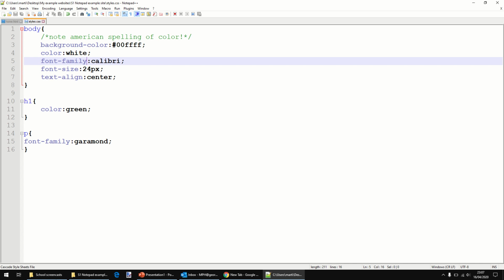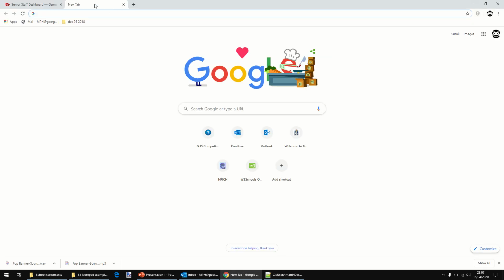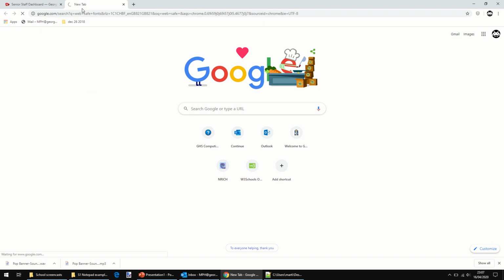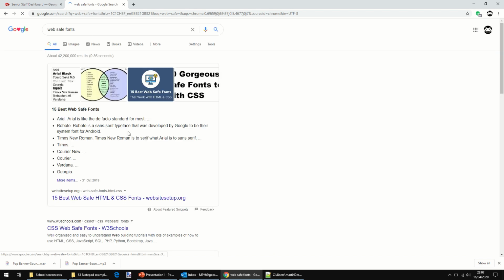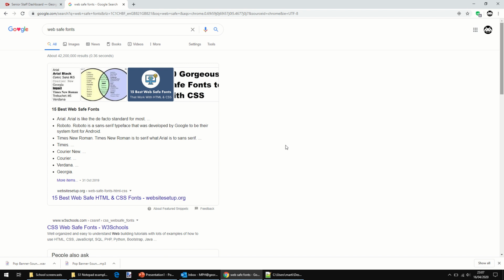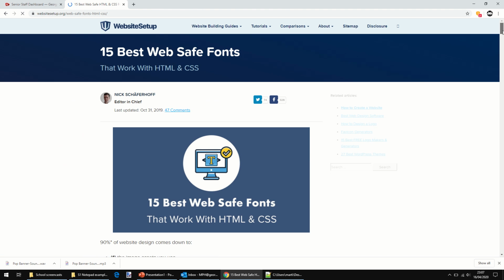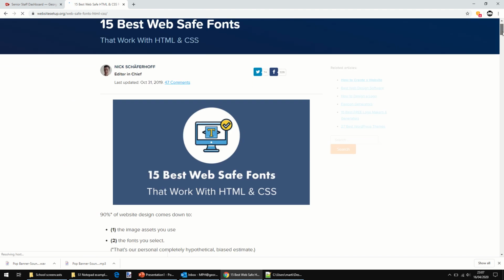So I'm going to go to Google quickly and just have a look at web safe fonts. You can see I've googled it previously. Web safe fonts, and you will see here, let's just go for this first one. You will see here a list of web-safe fonts. These are basically fonts which you should be okay to use, and they should be okay in pretty much